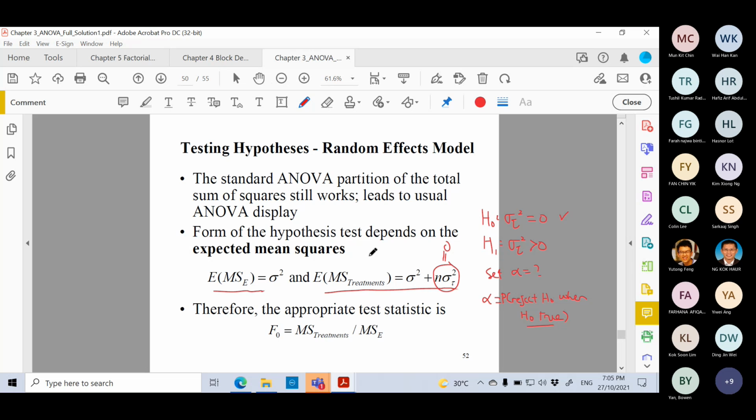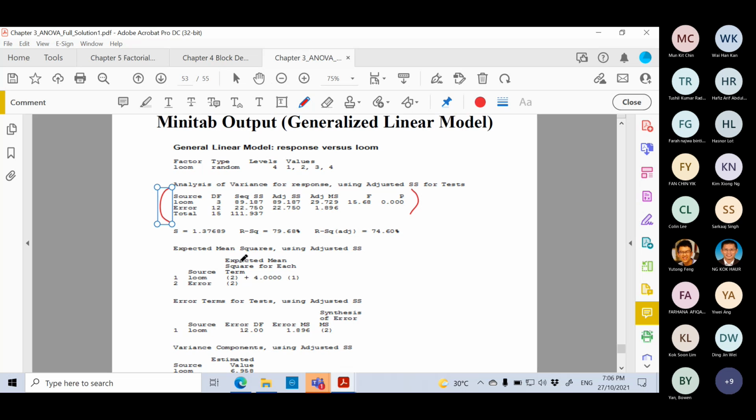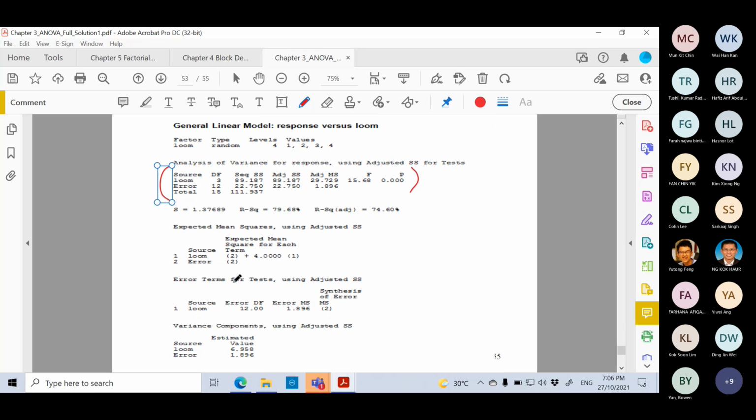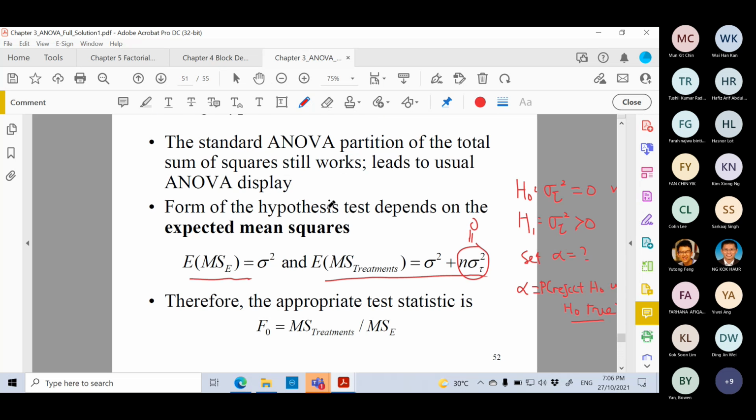And this is the output if I'm using Minitab. If you're using Minitab, you can see that this is the ANOVA table. On top of that, you can see they emphasize the expected value here. The expected value is equal to 2 plus 4 times 1. The error is equal to 2 here. So what is the 2 here? If you can recall what you have here, what is the expected value of the